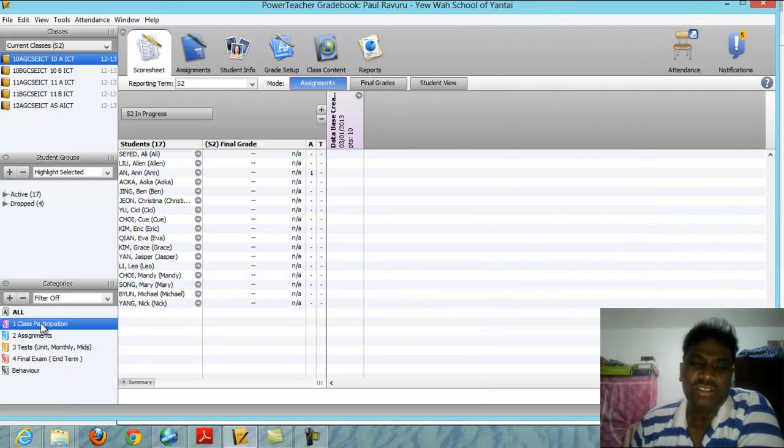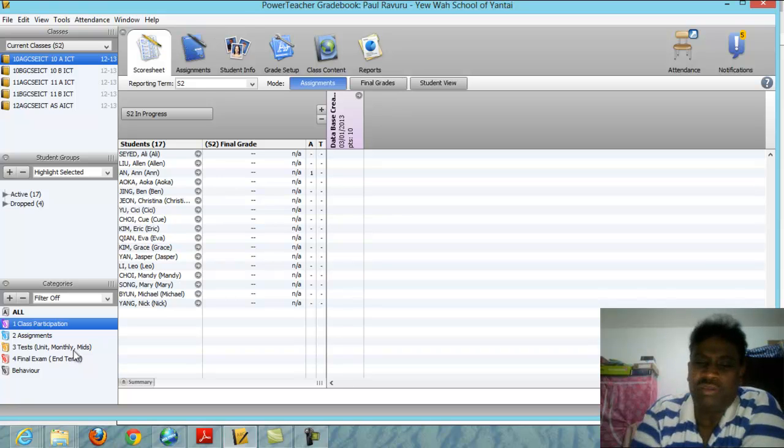So like this you can rename your categories. If you would like to add more, this is an option available. If you want to remove one, you can remove it here. Once you create an assignment, it should be under one of the categories. Please remember once again,